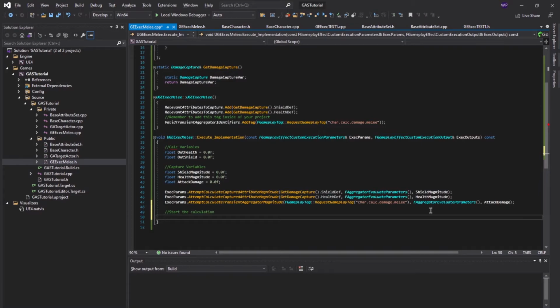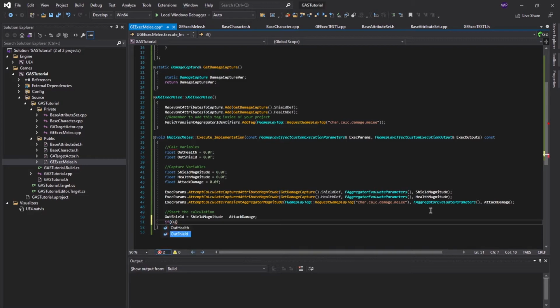Okay, so what I want to do is actually subtract our attack damage from our shield, and then decide if the shield is already 0 or if the damage is too much for the shield. We're going to deduct this damage from our health. So I'm going to say out shield is equal to shield magnitude minus attack damage. Okay, and then I'm going to check if the shield is below 0. If out shield is less than 0,